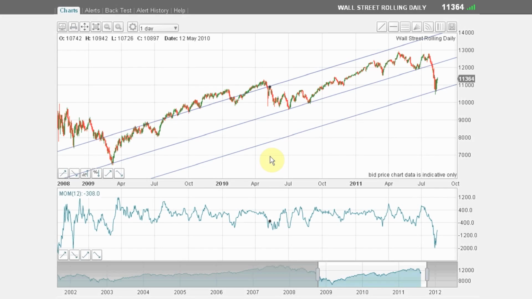All right, I've got here in front of me the daily Wall Street, the Dow Jones, going back to March, the famous low in March 2009. And you see the tramlines I've drawn previously in another video. And since that video was made, by the way, the market fell promptly right down to it, a slight overshoot, of course, and now it's in the process of bouncing up a little bit.